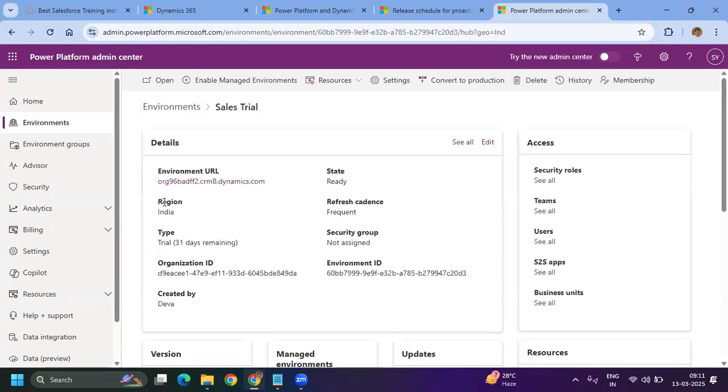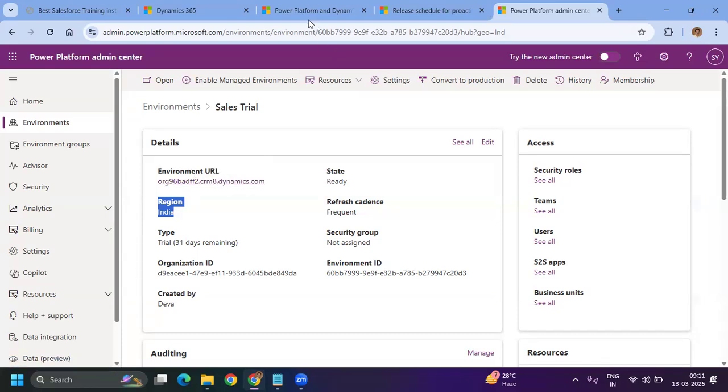So this will provide you the information. Here it shows the region as India, right? Yesterday we were seeing all these topics, details. So here this is my environment URL. This is the URL, and this is the data center or the region where my instance is available, in India. And the URL also, you could see, this is your name,